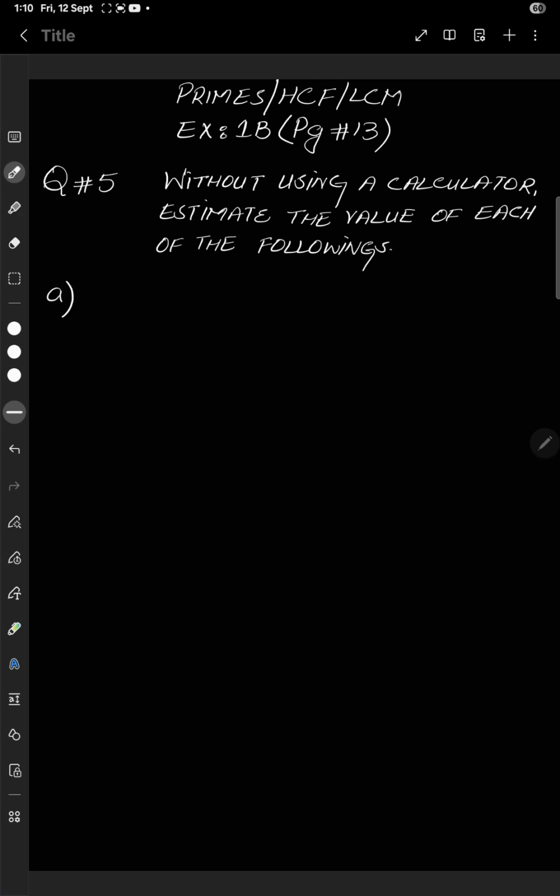Okay, so the A part is we need to estimate the value of the square root of 66. Before doing this question, I will explain a few things. As we all know, inside a square root, the number should be a perfect square. The number should be the square of some number, as perfect squares are the numbers that come as a result of taking the square of a number.